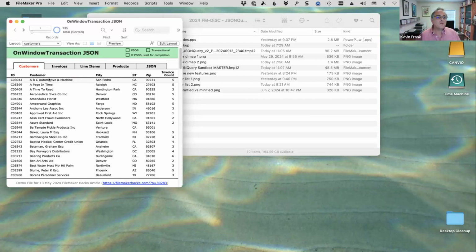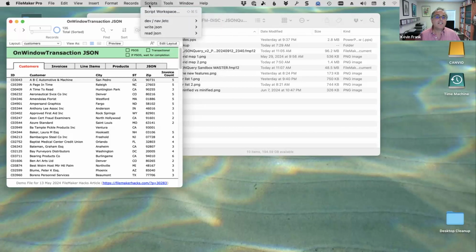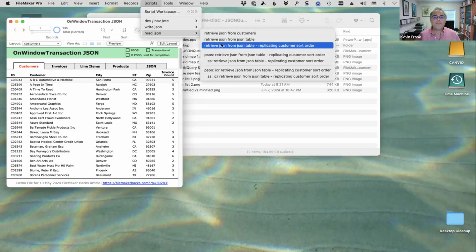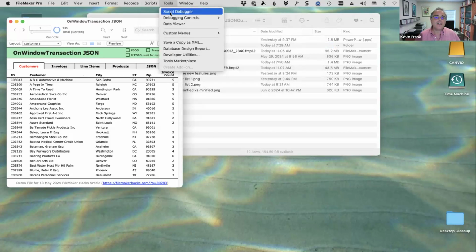One of the things that happened here was you can use on window transaction and build the JSON, and if you're hosted, you can do it server side. That's really nice. Pass it off. And the advantage is, I might as well show what problem I'm solving. If somebody says, hey, give me all my JSON for this whole found set of customers, plus all their invoices with all their line items, then I can just come over here and